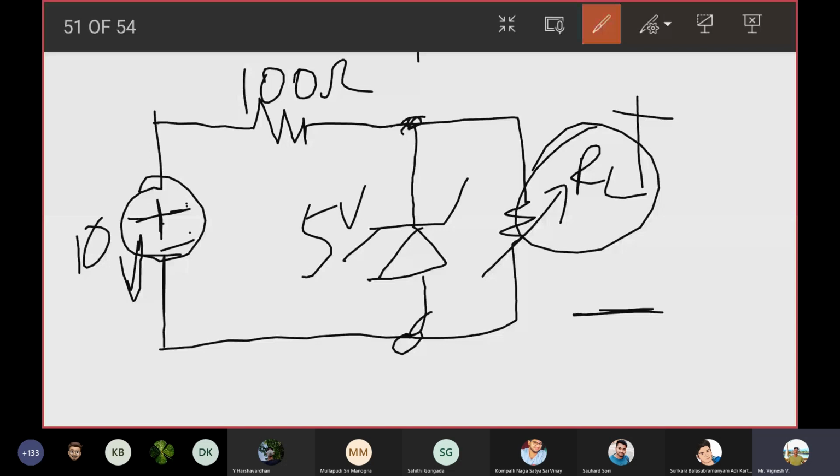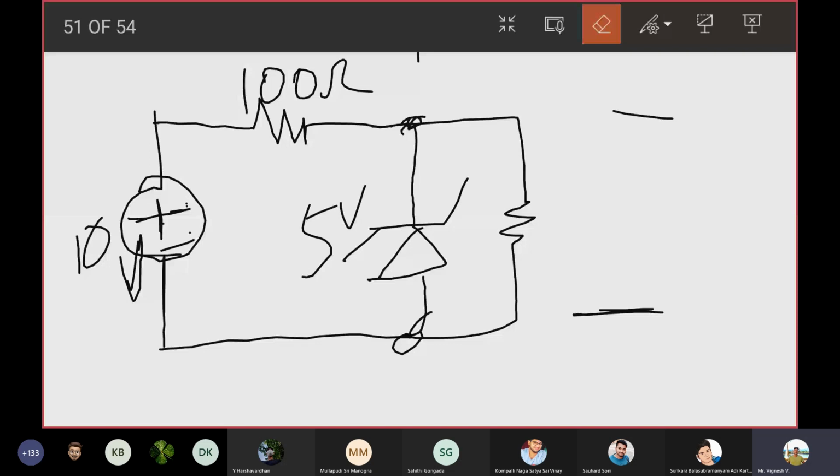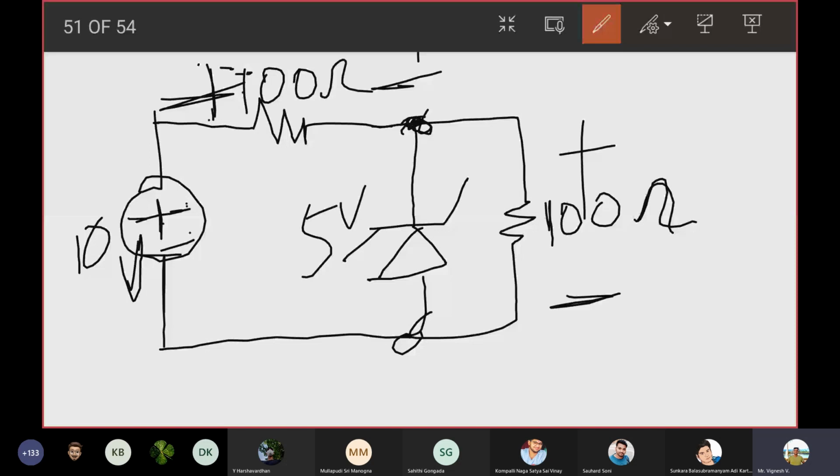Since in this question, you need not even apply all these formulas. It is common sense. When I tell that this is 100 ohms, and you're giving 10 volts, if you have two resistors connected in series, then it means 5 volts across each resistor, right? 5 volts across this RS and 5 volts across this RL. So the Zener voltage is 5 volts, right? So at least you should have 100 ohms here connected. I hope you understood what I just told.